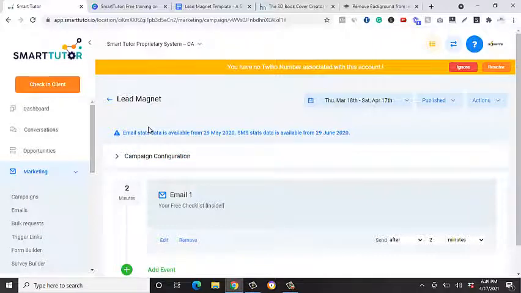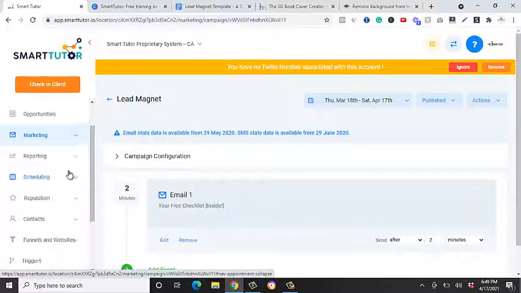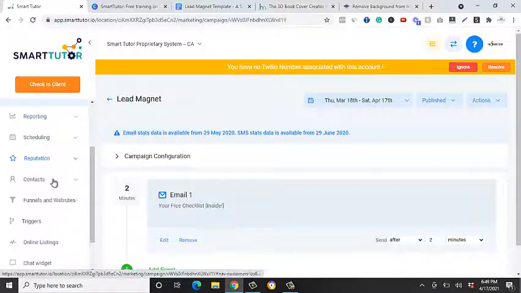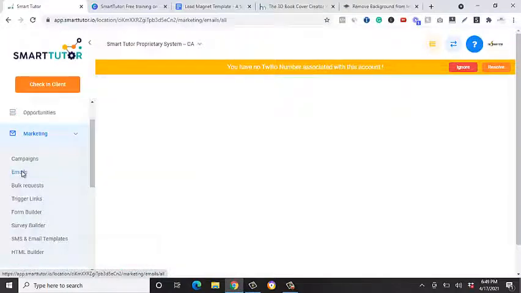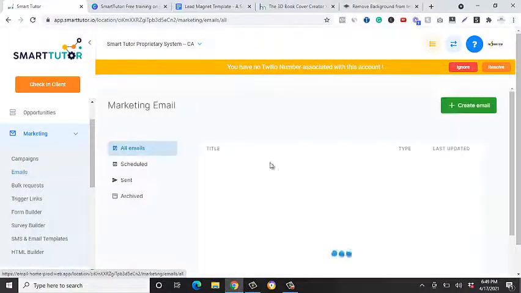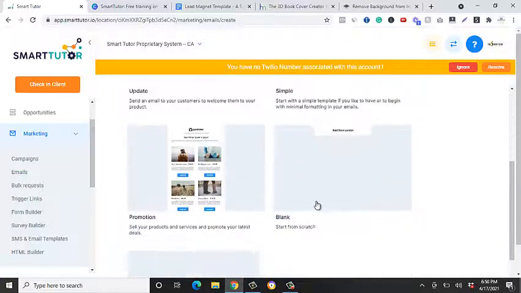Now, one more thing I want to show you is once they enter their name and their email, they're actually going to be tagged as a newsletter. And the reason that's important is because you could go back to marketing, click emails, click create email. There's an entire email system built into Smart Tutor, and it has all these cool different templates. You could just click into here. For example, this is one of my favorite templates. You just go into here